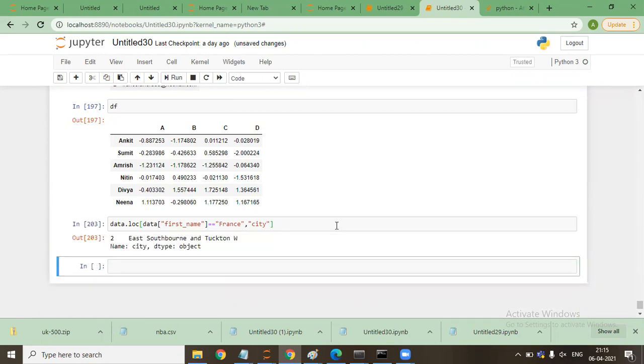Okay, sir. Because if it is giving multiple things as an output, then it is advisable to have it in the form of a data frame. If we want to keep multiple columns, we have to keep them in square brackets and it would be in the form of a data frame. Yes, you're right. Otherwise, we can't get the series format. Yeah, because a series is a single row or a single column.